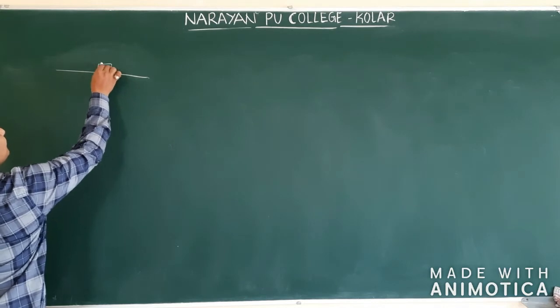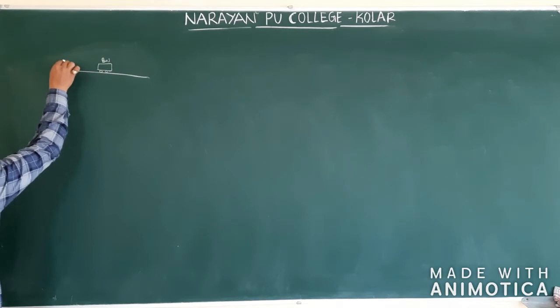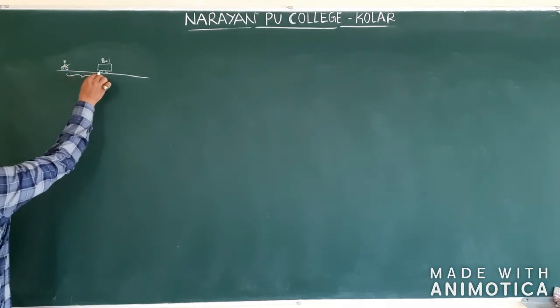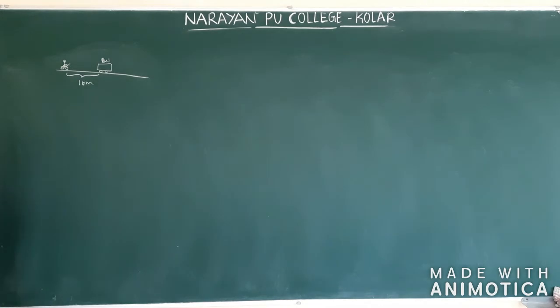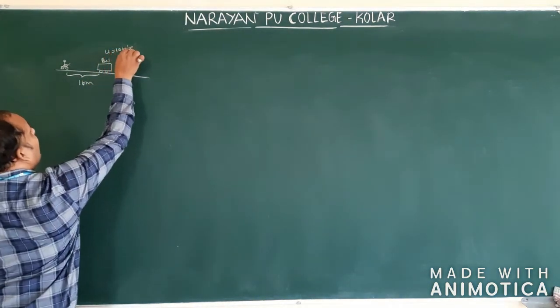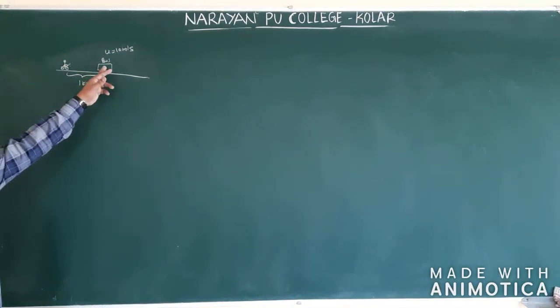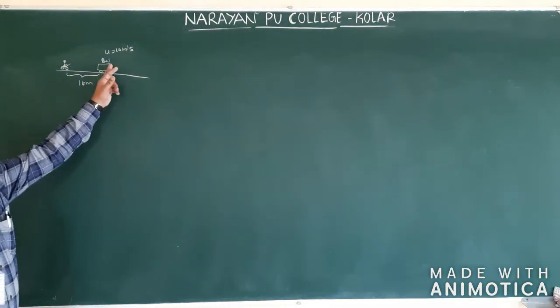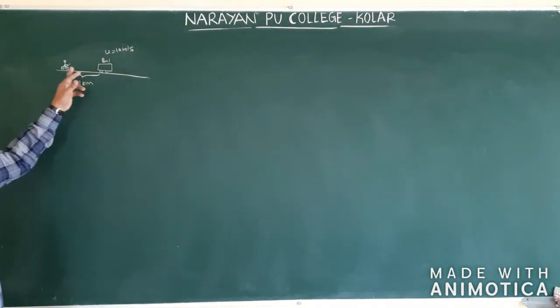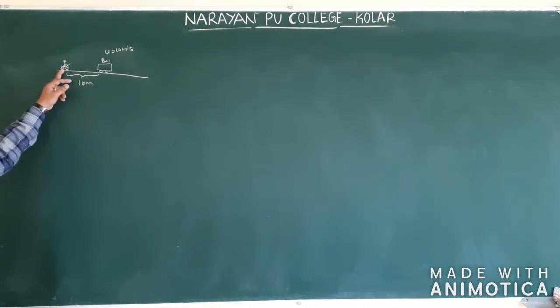This is the bus. So the motorist is here. So separation how much? 1 kilometer. Okay, within how much time he has to cross? 100 seconds. The bus is moving with velocity 10 meter per second. So within this 100 seconds, the bus will cover some amount of distance. This covered distance by the bus and this initial distance should be covered by the motorist.